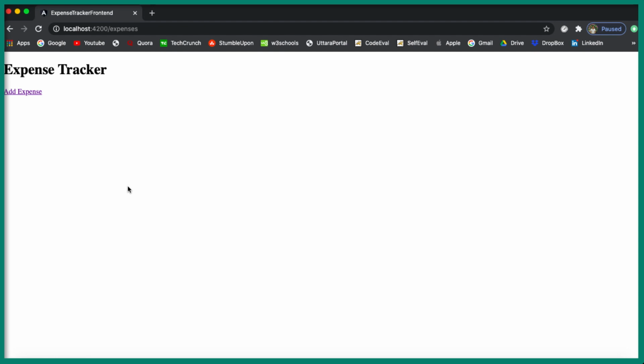So this completes the CRUD tutorial, as I said. In the next video we're going to add Bootstrap styling to the application, and then we can continue with two more features, which are searching and sorting.